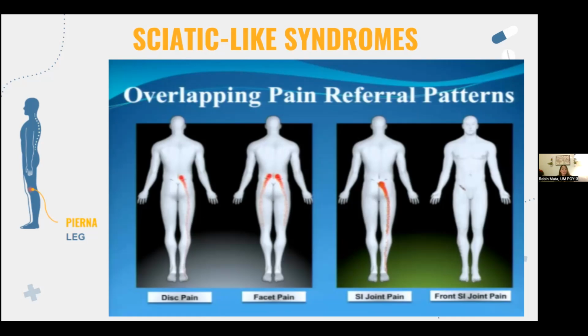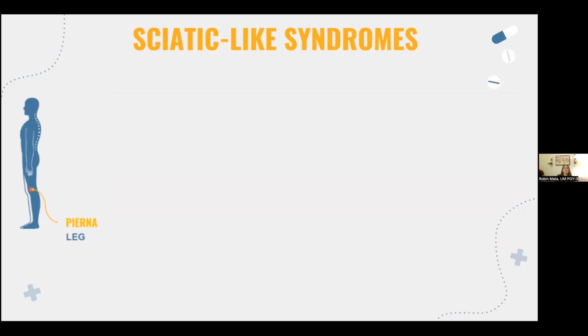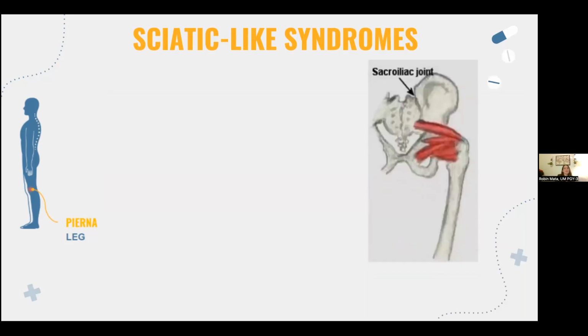I would do that slump test again, see if they have facet pain. I would check out that SI joint, see if any of that is painful, because look upstream if it's not downstream, to put it in a simple way. And then finally, diagnosis of exclusion, but common, well, not really that common, the piriformis syndrome as a cause of